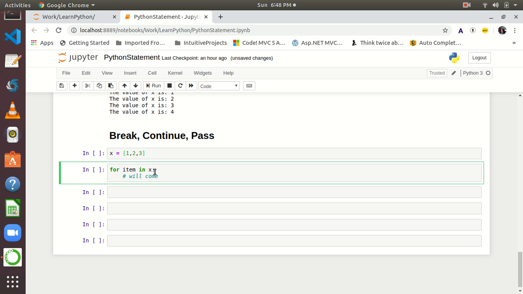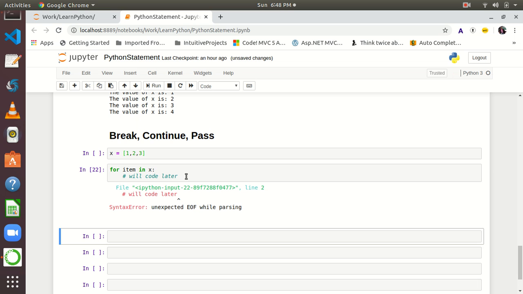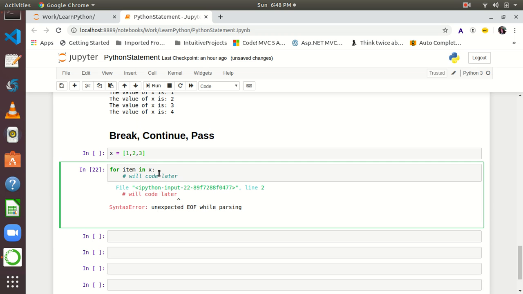it come? It will not count as code. If you try to execute this, it will throw an exception like unexpected end of function while parsing. So basically, once you start your for loop and you give a colon, Python is expecting you to